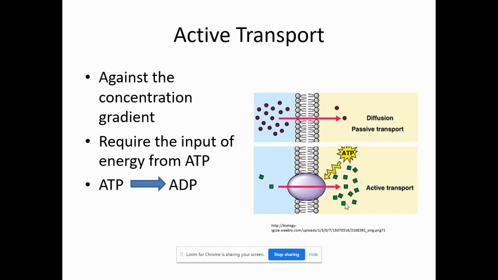The most common way a cell generates that energy for active transport is through the use of ATP. Now remember, we mentioned ATP in the organic macromolecules lecture. What type of macromolecule is it? It's a nucleic acid, adenosine triphosphate. The cell will take one of those three phosphate groups and cleave it, or take it away from ATP, to make it ADP, adenosine diphosphate. That simple thing of removing one of those phosphate groups releases energy. The cell can use that release of energy for active transport to move things against a